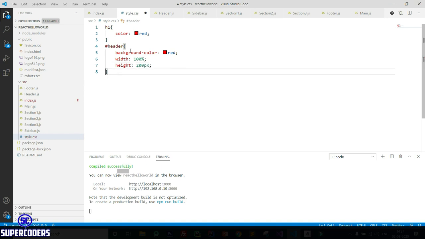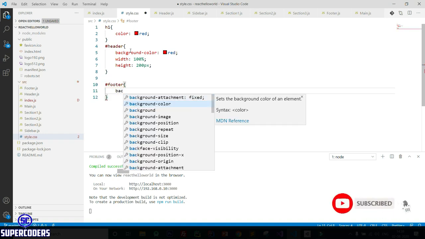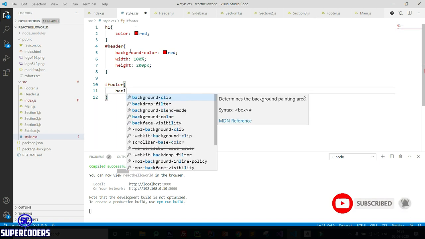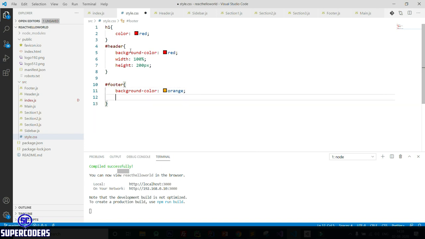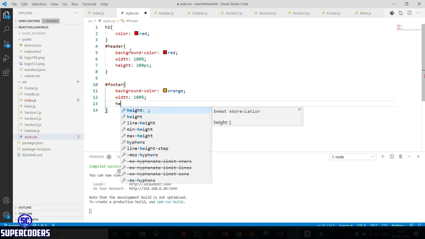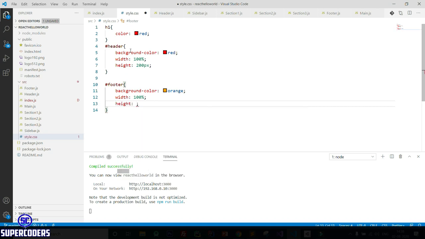Then come to footer, background color orange with width 100%, height 100 pixel.